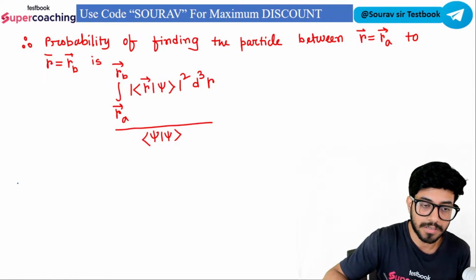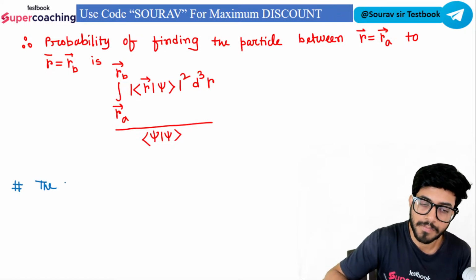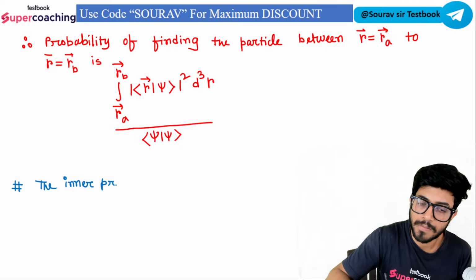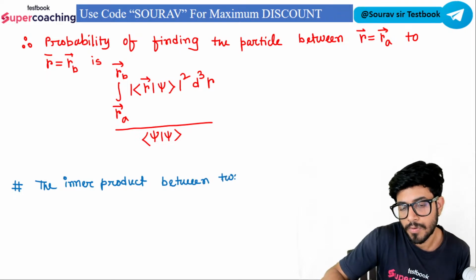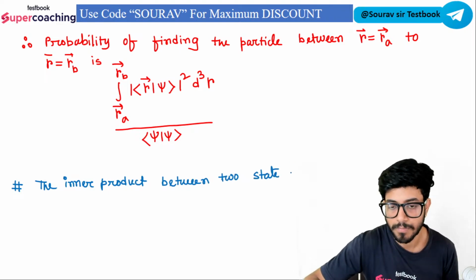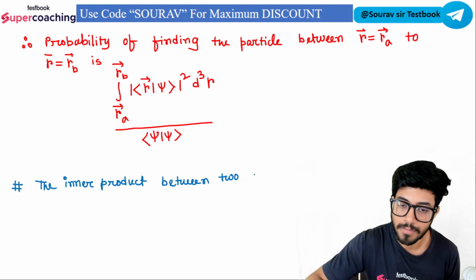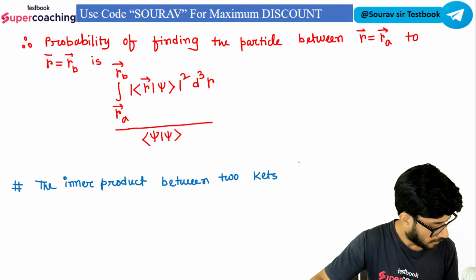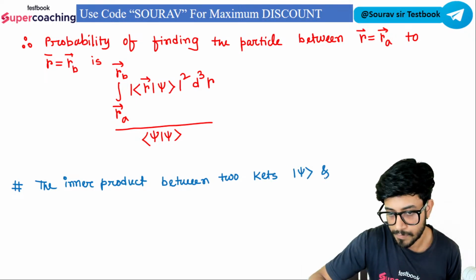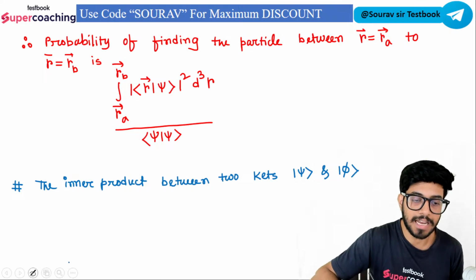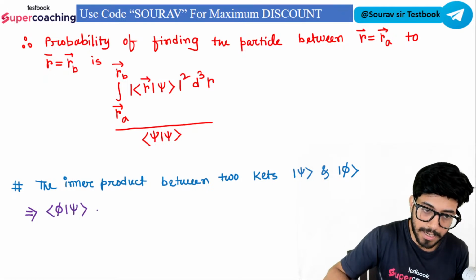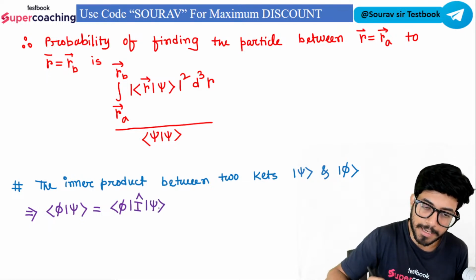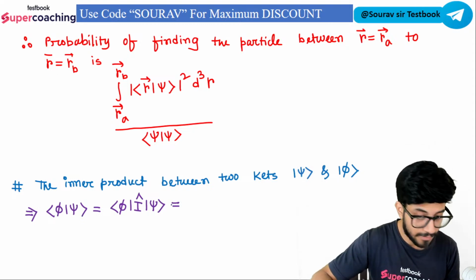The inner product between two state vectors, or two kets, psi and phi, can be written in this way: phi psi, which is phi I cap psi, and I cap can be written as